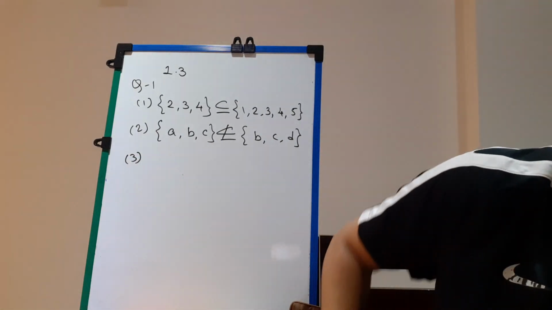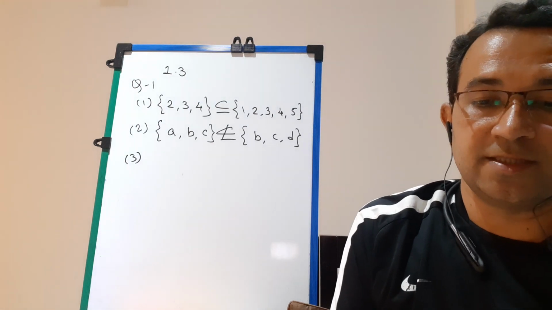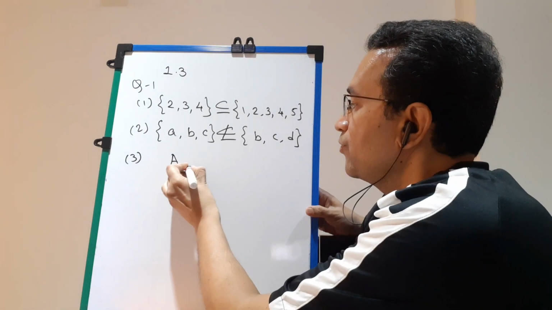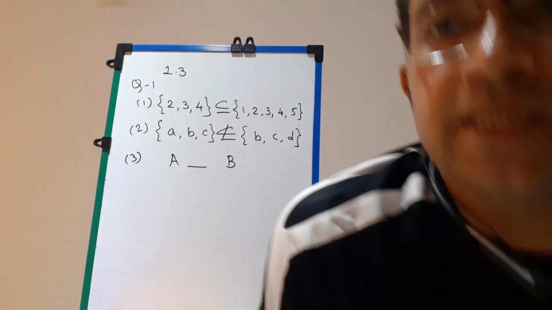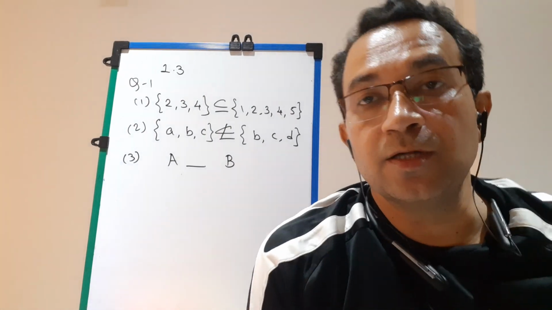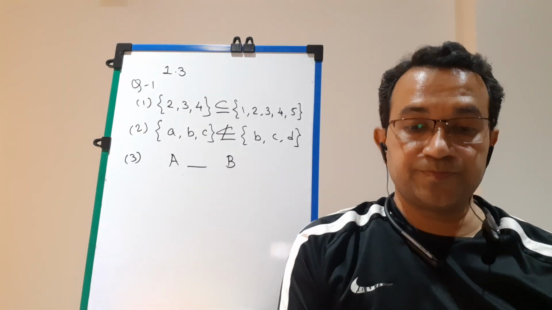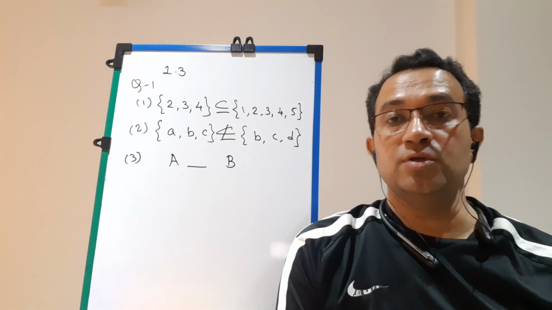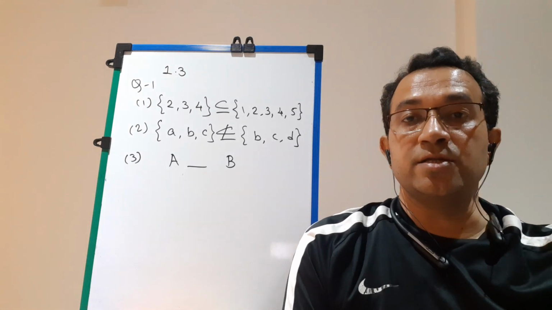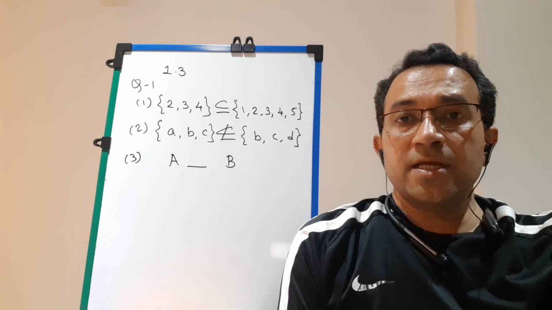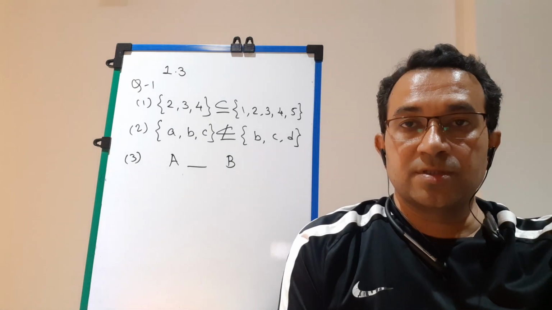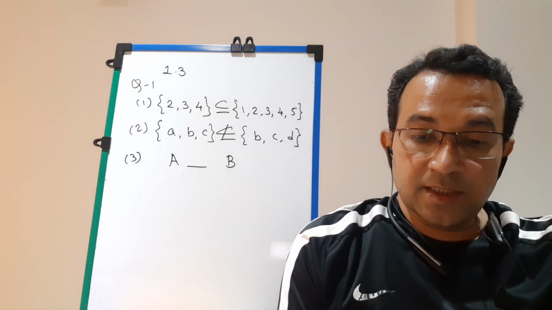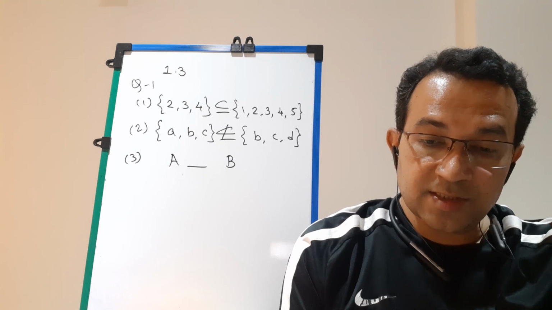Third. Now students, pay attention, this third set we are discussing orally. I am naming the sets. Be careful how we are interpreting the question. Set A is {x such that x is a student of class 11th of your school}. Now all of you are students of Naimisharanya school, so you consider any one student of your class, class 11 science, English medium, Naimisharanya. And the other set is {x such that x is a student of your school}.